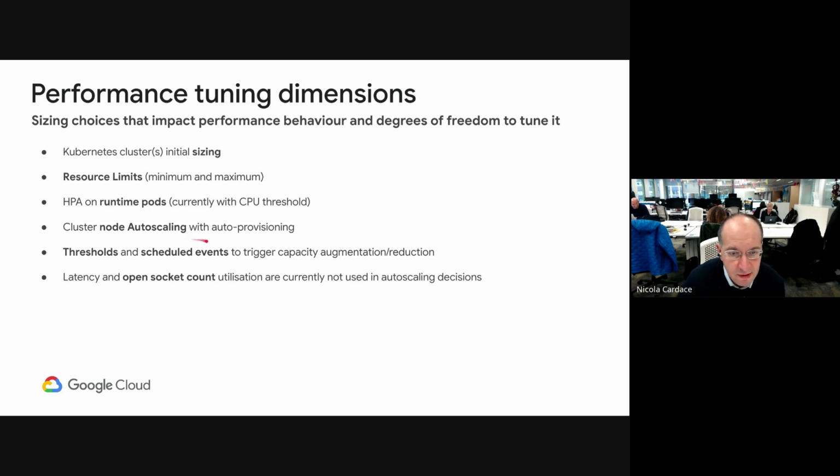Threshold and scheduled events. So now we can actually do this. Imagine you have a predictable capacity, 9 a.m. to 6 p.m. You don't want to pay for additional capacity during night times, during times in which you don't have such peaks, and then you can actually decide to have an automatic reduction of the cluster itself. Okay, so remember, with Apigee, this is done and managed for you automatically. You don't need to take care of it.